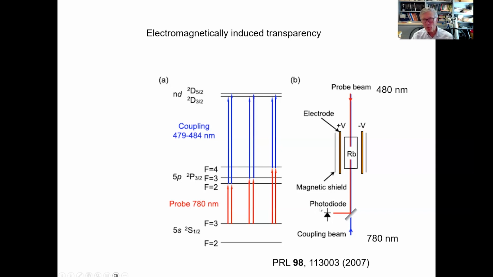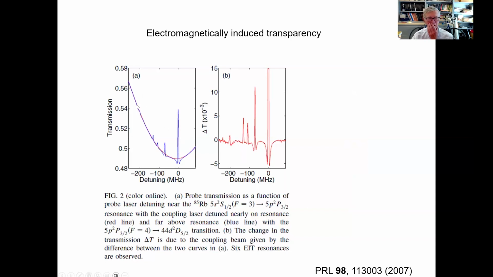So what is then observed is shown here on the left-hand slide as you scan the probe laser. So if you didn't have the coupling laser on, you wouldn't get these blue features. You would just have the red line, which is the Doppler-broadened absorption of the resonance line of one of the 4 resonance lines of rubidium. Adding the blue coupling laser produces these peaks, which are the electromagnetically induced transparency peaks. Okay, so where do they come from?